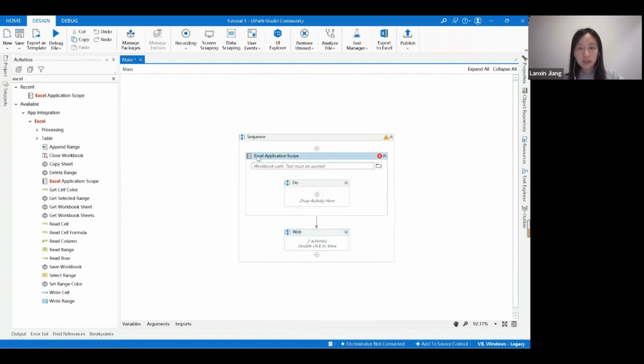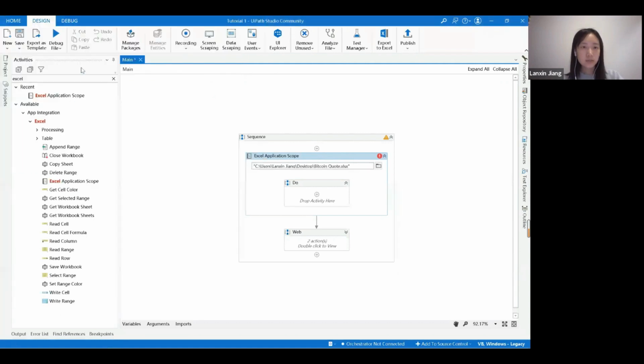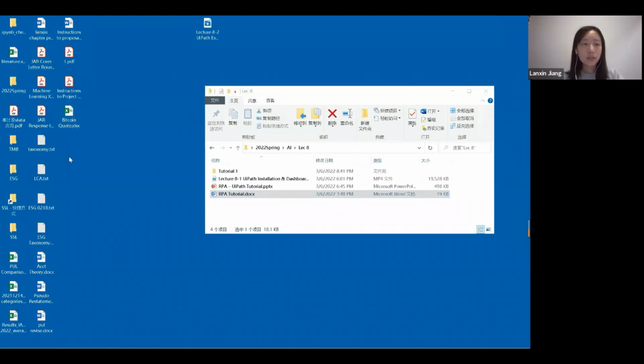And within the Excel application scope, first let's indicate the Excel book we created. And within the do container, we need to add some activities. So the first step is to read the book, right? We need to read the data from this book